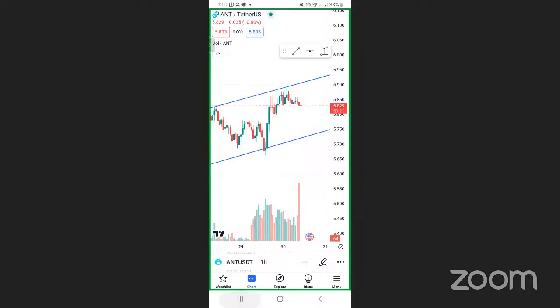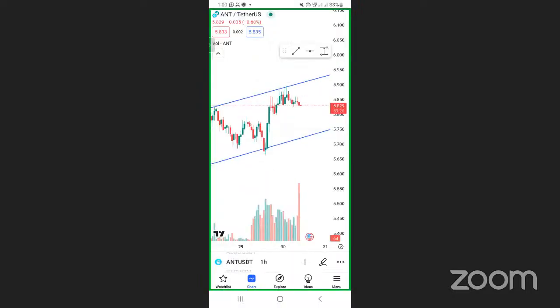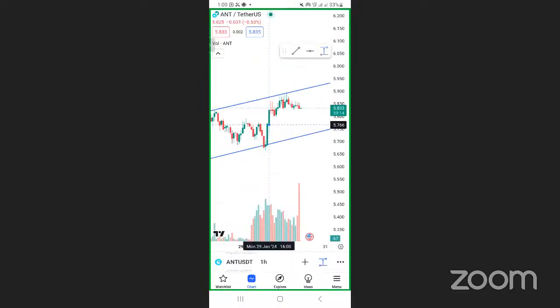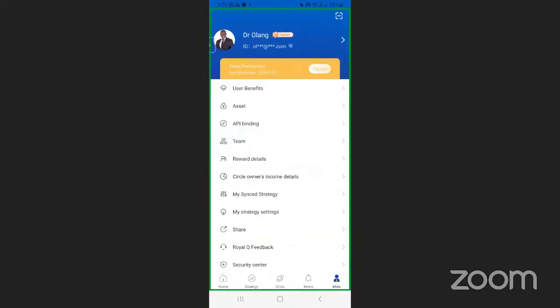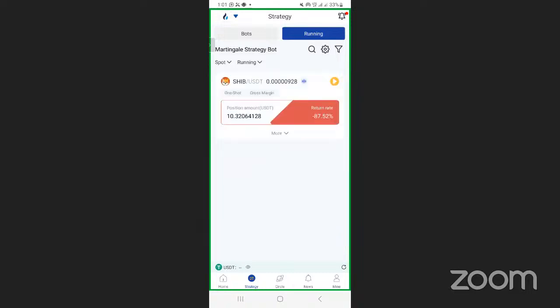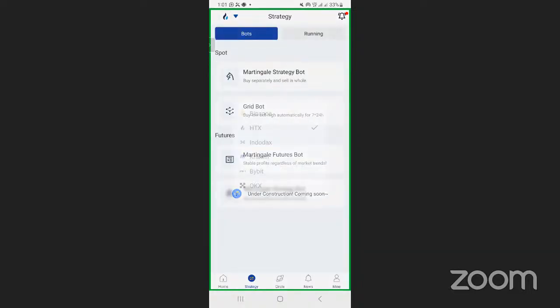I would go to Royal Queue because I want to make this trade, like this from here up to here, 2%. I would tell my robot that, hey robot, we are trading a coin in Binance, and that coin is called